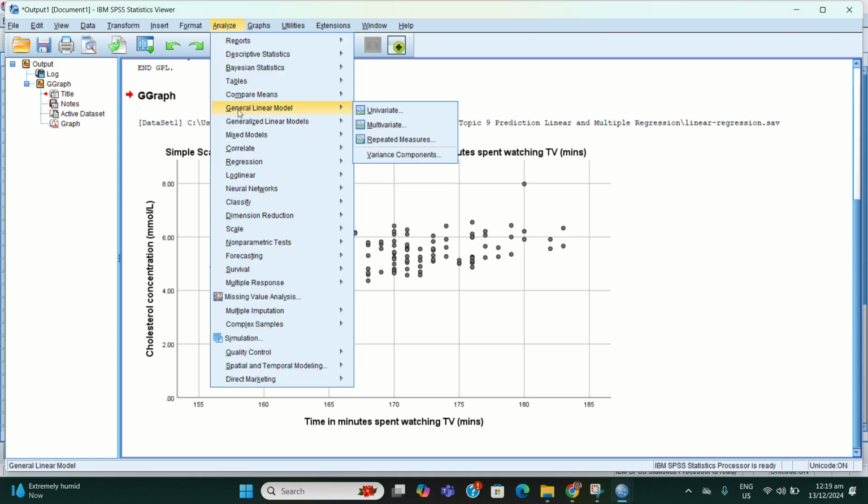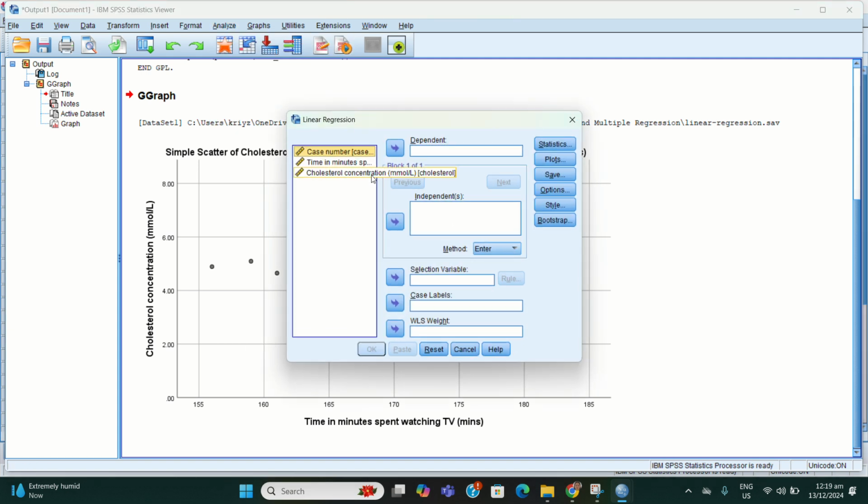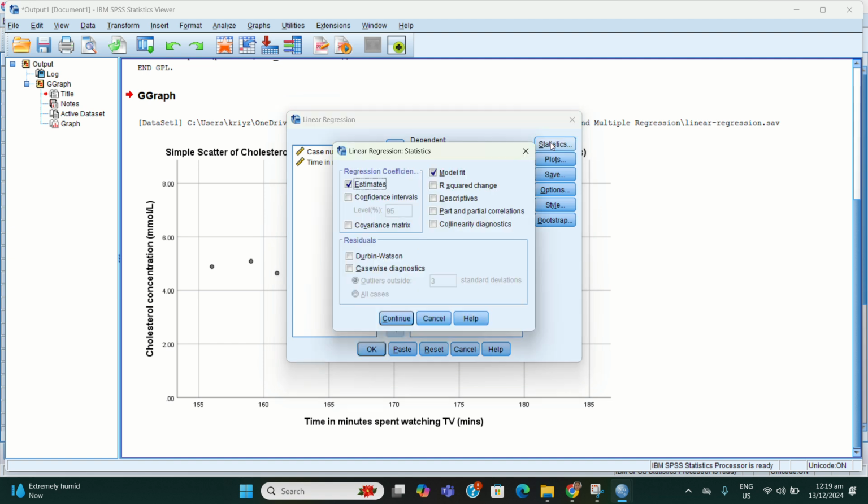Then we go to Regression, then we choose Linear. I will transfer time in minutes as the independent variable, and the cholesterol concentration as the dependent variable. Then we will click Statistics.